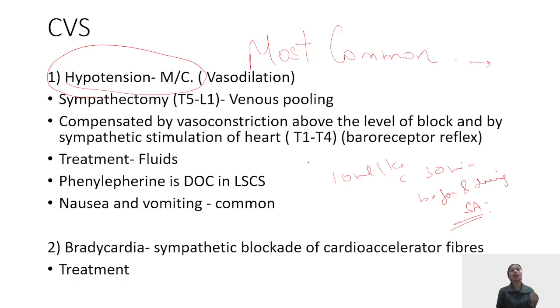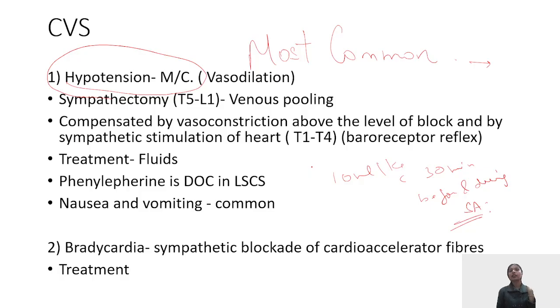If hypotension occurs, then what to do? First is IV fluids. Second, drugs. What drugs have to be used? If you have a non-pregnant female, I mean to say non-pregnant anyone, generally we use ephedrine or mephentermine. Ephedrine and mephentermine are used, whereas in pregnancy we generally use phenylephrine, which is a direct alpha